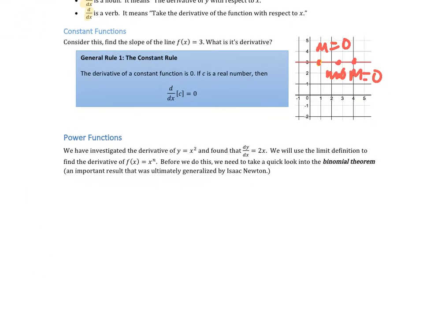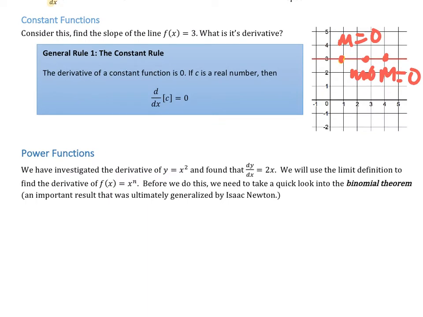Okay, easy. All right, let's get a little more challenging. What if we have a power? So x to some power, that's a power function. Well, we've done the limit definition, or the formal definition, and we've seen that the derivative of y equals x squared is dy dx equals 2x. But what if we have just a general x to the n? So we're going to investigate that, but we need